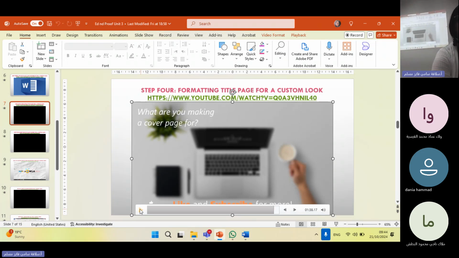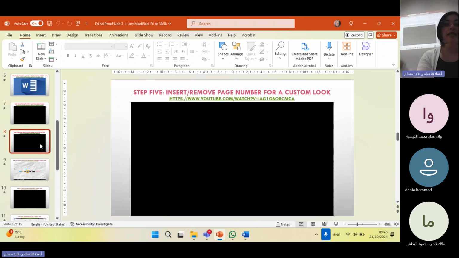Okay, so this is fairly easy, okay? If you know them once, you will be able to do them each and every time you use Microsoft Office. Step 5, we are talking about inserting or removing a page number, and a page number is important in